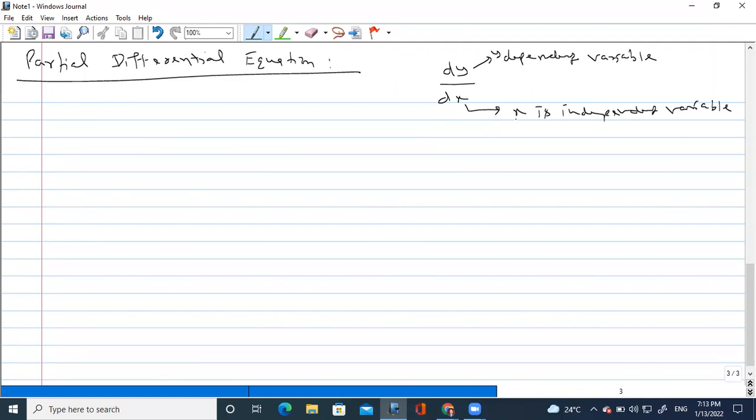Okay, so if in the equation I told you ordinary differential equation, here the number of independent variable is only one. But here in PDE, partial differential equation,